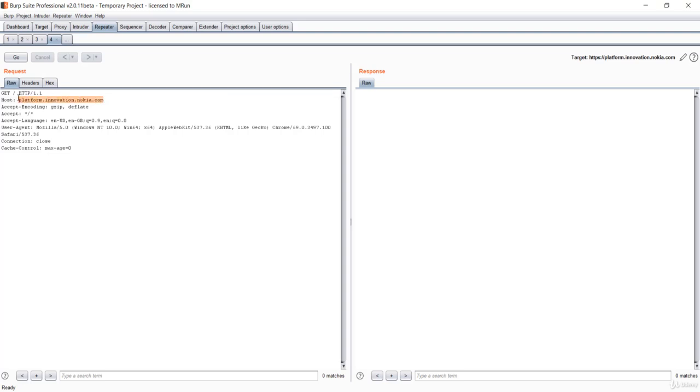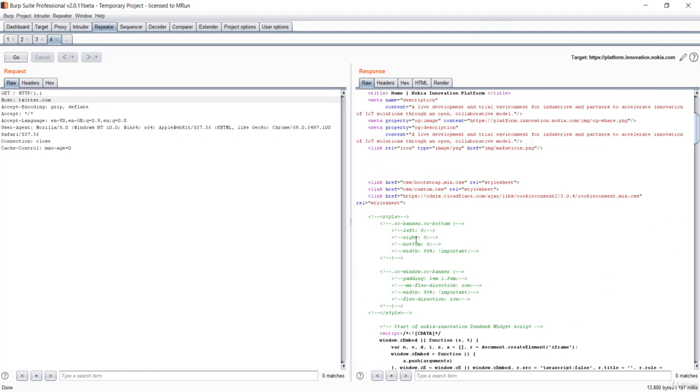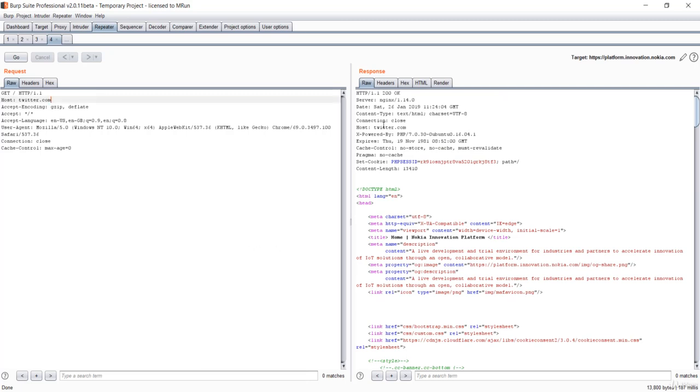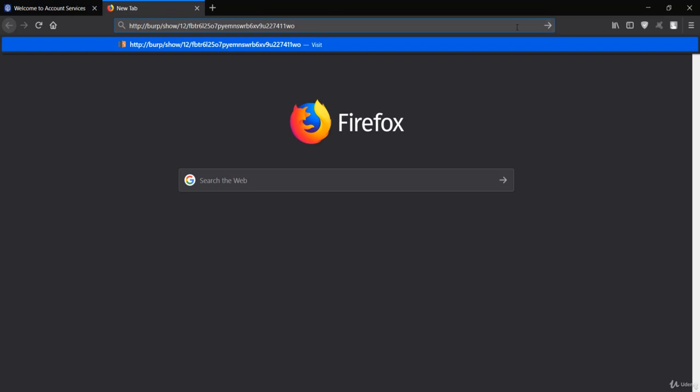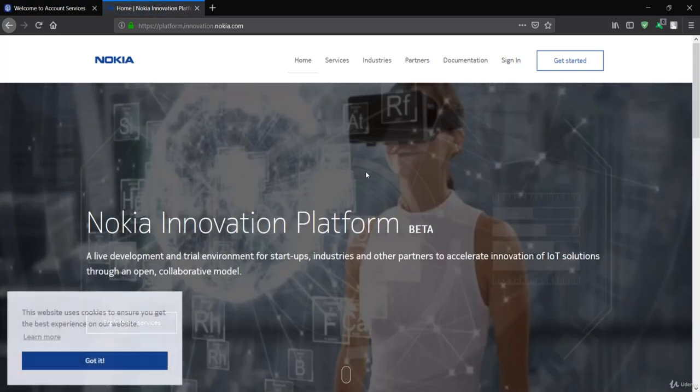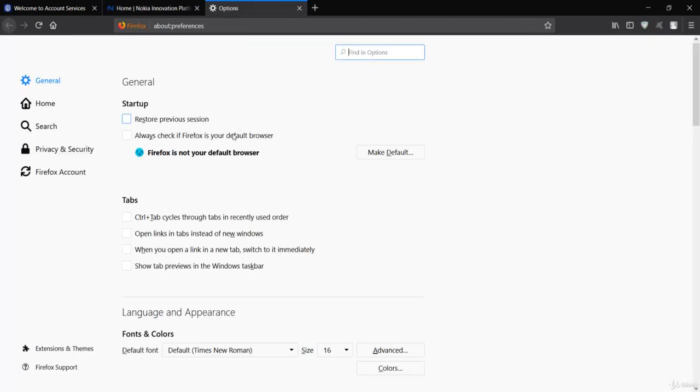Instead of the real website, we'll see if this has any host header injection or not. So I'll give an open URL redirection, that is twitter.com. We'll see if this redirects to twitter.com or not. Let me press go. You can see it has not been redirected, but you can do something like show response in browser. Go to your browser and press here. Instead of going to bing.com, it has redirected to the original website. That means this does not have the redirection.